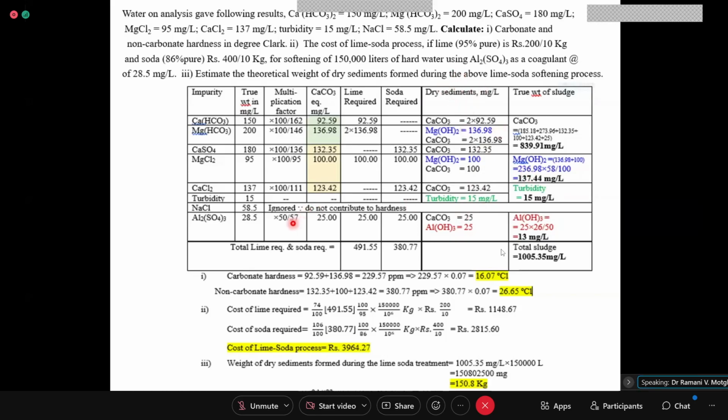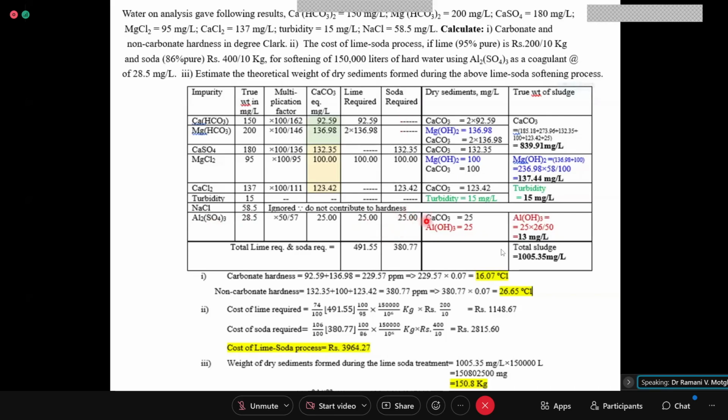Okay. Then alum. Now alum leads to formation of what? Calcium sulfate. Like it is reacting with lime, that means CaSO4 is forming and Al(OH)3. So Al(OH)3 is written. Now the CaSO4 which is formed is removed by soda, that is why soda required is there.